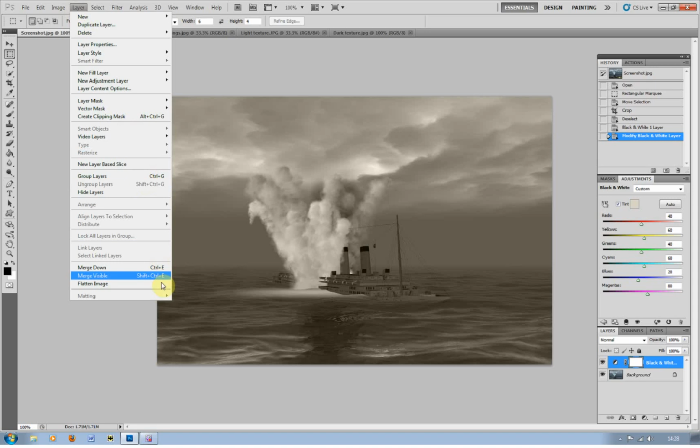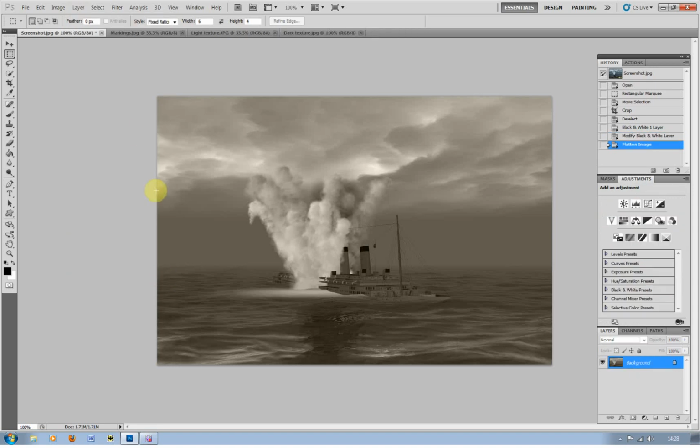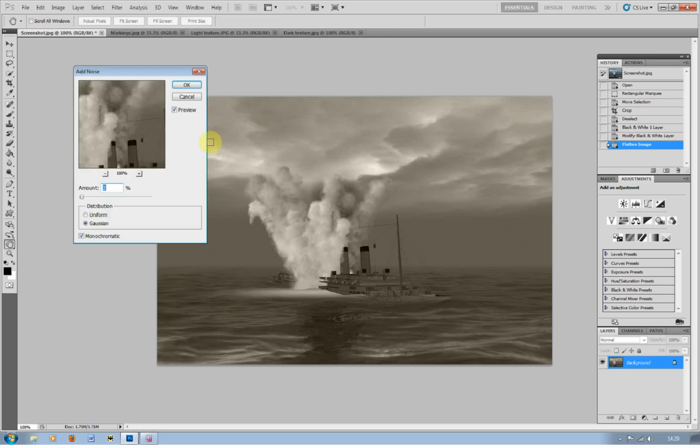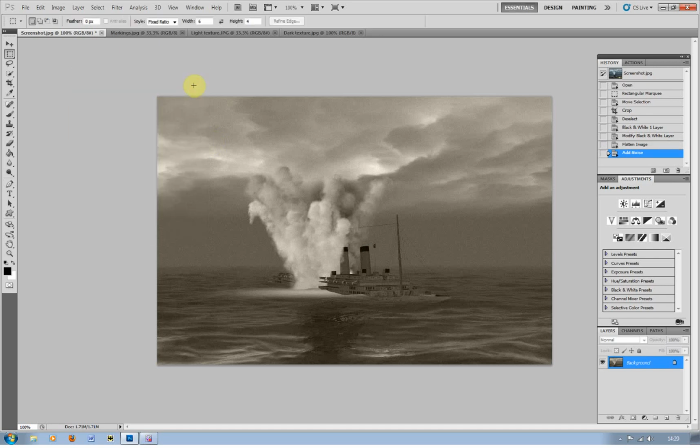So we're just now going to flatten the image again, and next thing to do is to add some noise. So we go to filter, noise, add noise, and because it's quite a small file, about 2 will be fine. Then we need to duplicate the background layer, and we just click and drag down to this little button down here